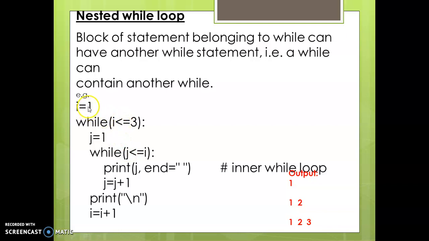So first it will display 1. What is the value of i here? i will be printed as 1. Now the second time it is updated. This is called the row and this is called the column. The first, outer loop is called the row, and the inner loop is called the column. First it displays only 1. Second, updated with the column, so it is 1 2. And the third time, it will work 1 to 3 times. So first 1, second 1 2, and 1 2 3. So this is the print output, and I am showing you also.